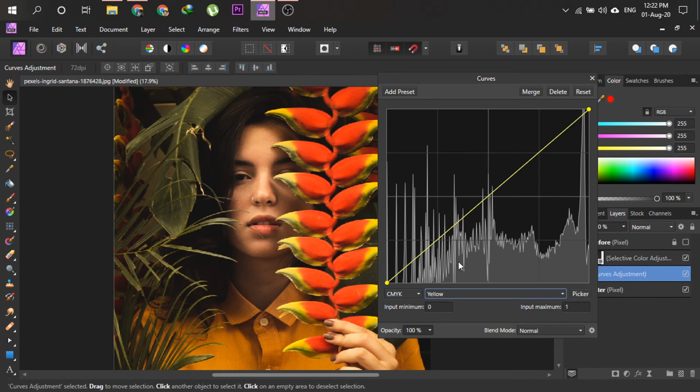If you reduce it, it will make it black, and if you increase from this part, it will make it white. So we are going to increase a little bit, not too much. And from this you can increase or decrease the highlights. So this one shows the shadows and this one shows the highlights. We are going to increase a little bit as well.